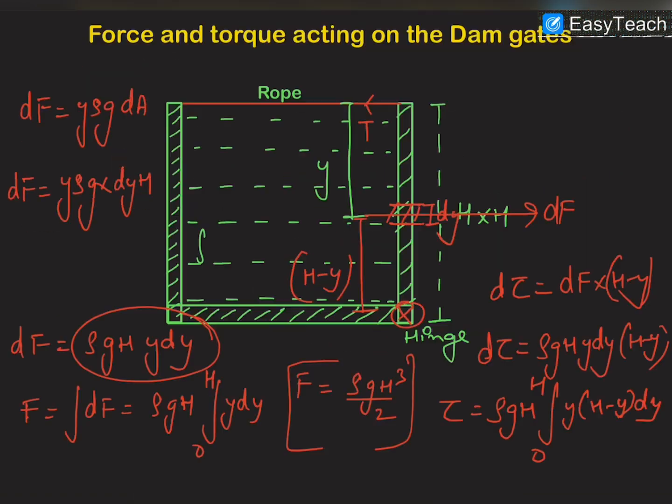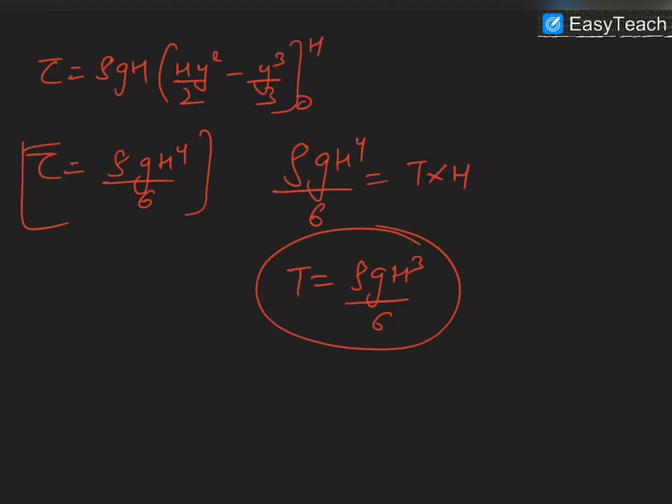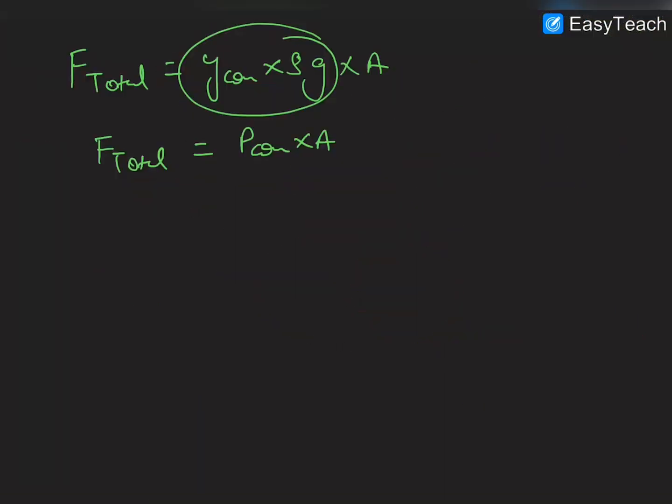For example, in this case, what we can do to find out the total force is find out the pressure at the center of mass of this wall, and the pressure at the center of mass of this wall would be h by 2 rho g, and we can multiply the area of the wall h square. So it would be h square into h by 2 rho g. So it would be rho g h cube by 2. Okay, and now I'll demonstrate